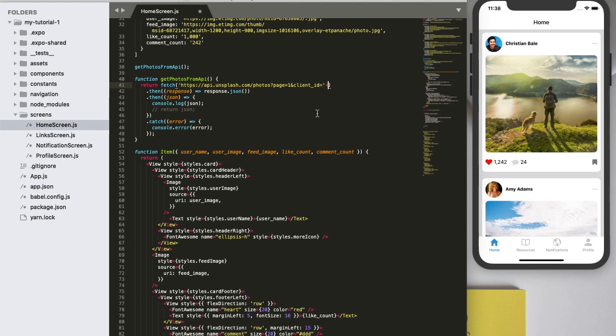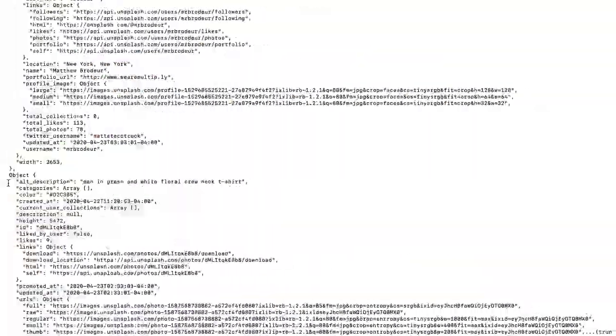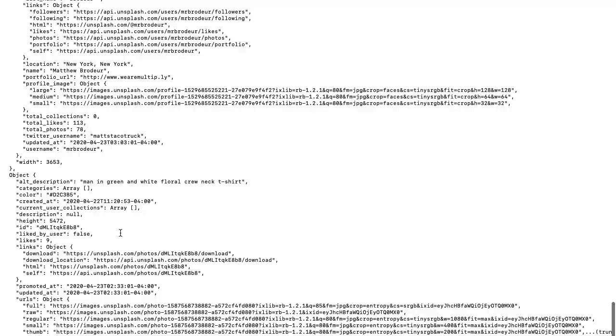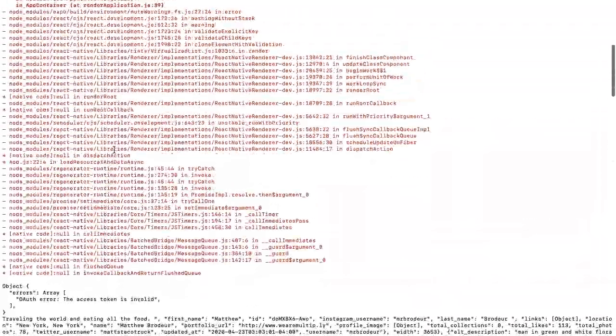So I am concatenating the access key here. Let's see what is printing. Okay, now you can see it is showing the data.